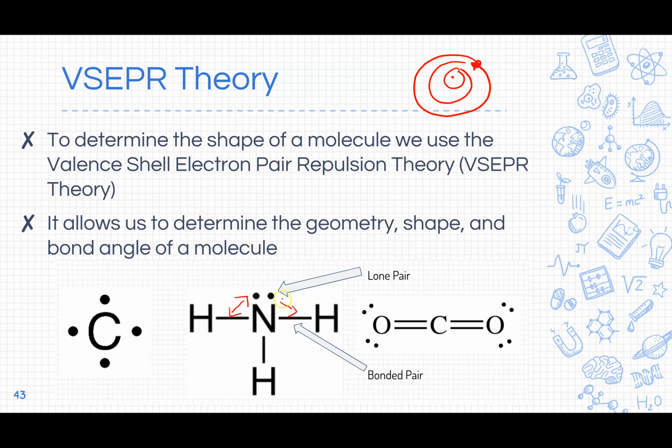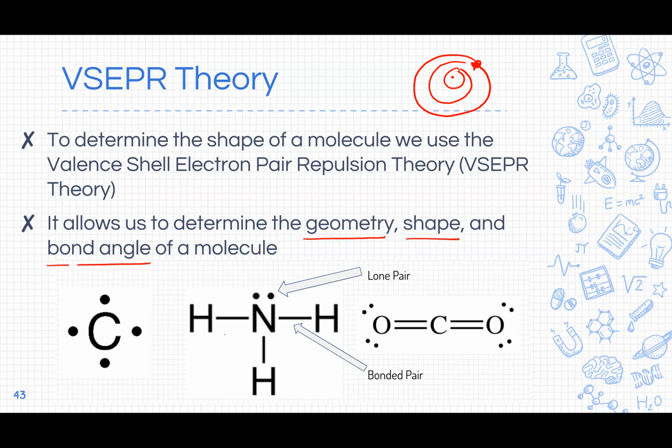This electron pair is going to push as far away as possible from this, and so forth. So the VSEPR theory is based on this idea that molecules will arrange themselves to ensure that their electrons are as far away as possible. Okay. Now, using this theory, we're going to be able to determine the geometry, the shape, and the bond angle